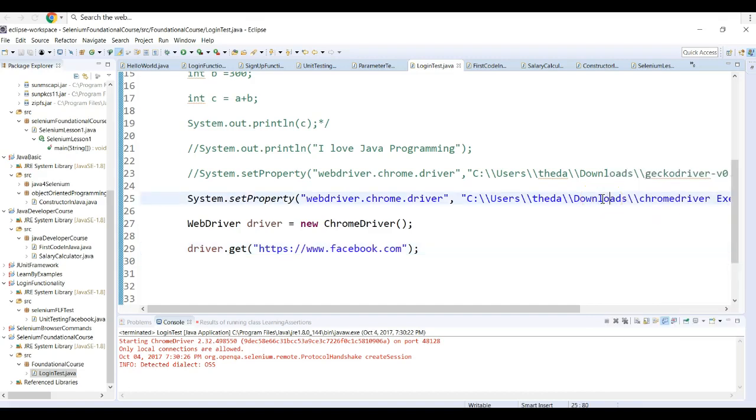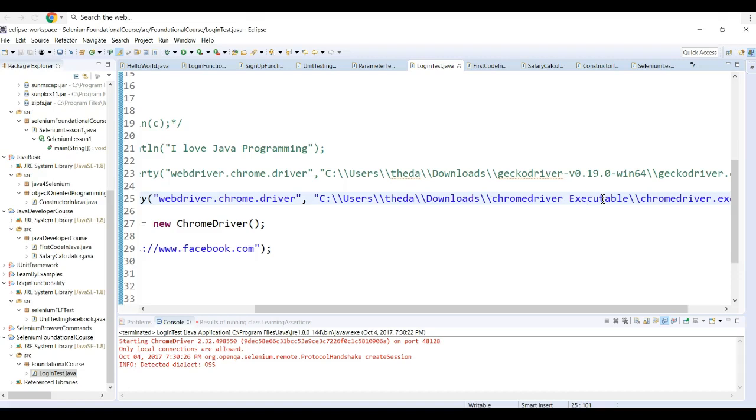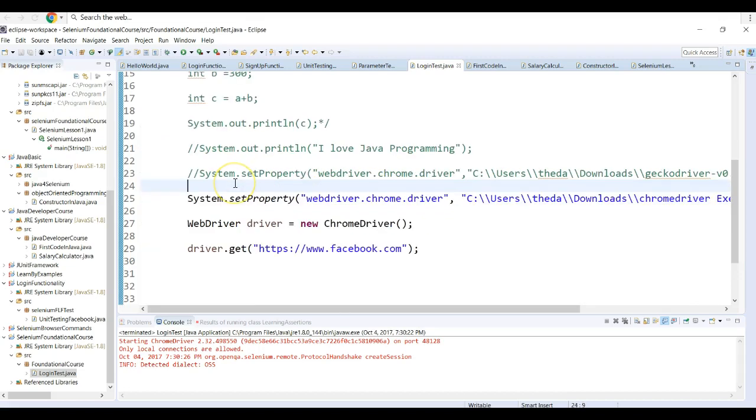Now the problem is, of course, there will be Chrome driver. We are using Chrome driver, then Chrome driver. Okay, so we have to be very careful. Okay, now